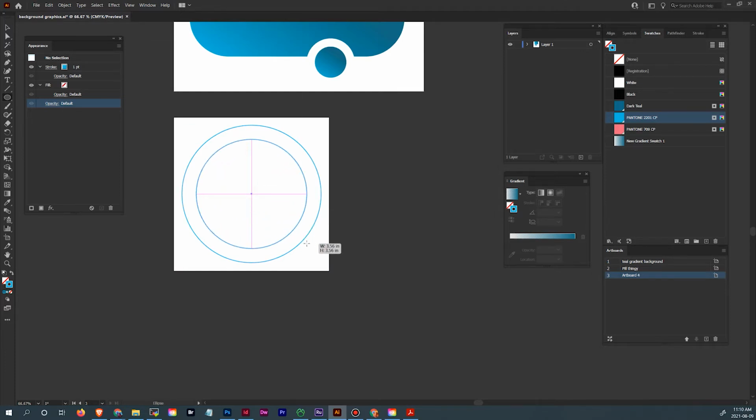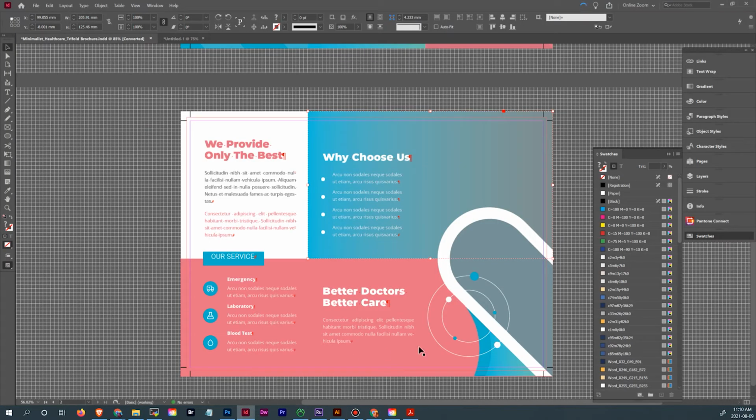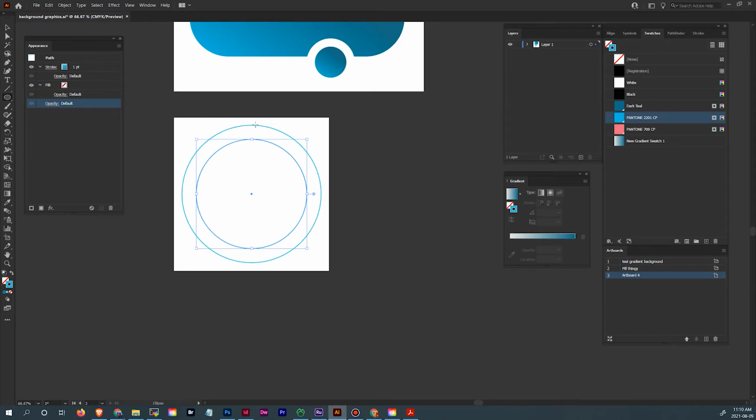I'm just holding down Alt and Shift to draw a circle from the center with the ellipse tool. If you don't hold down Alt and Shift, it creates ovals and stuff that drag down from the left to the right. But if you hold down Alt and Shift, that draws a constrained circle from the center. So there's my two little orbits, and they look pretty arbitrary to me. Teal, white, teal, teal. So there's 3 on the inside, 2 on the outside. It's just kind of an abstract thing, but since I'm trying to follow it, let's stick with the program. So do that one, flip,